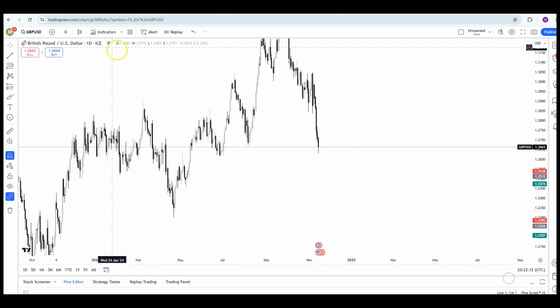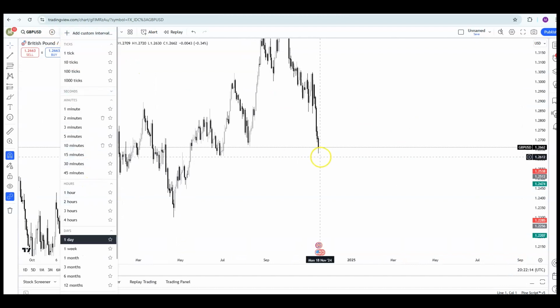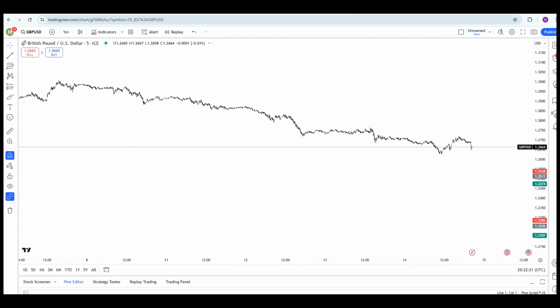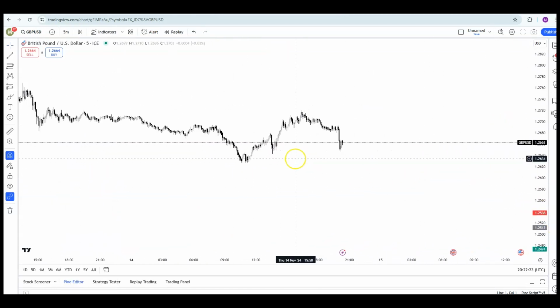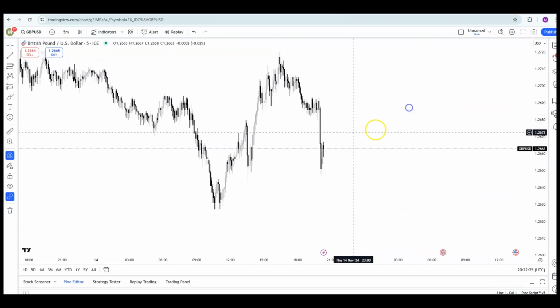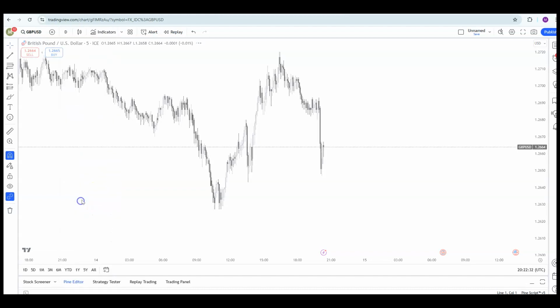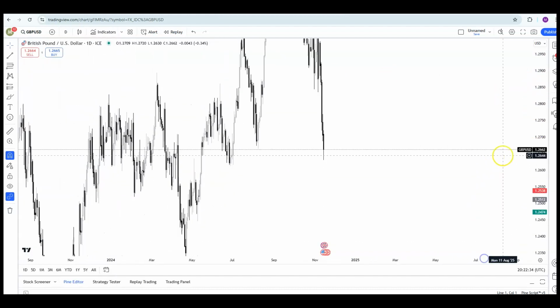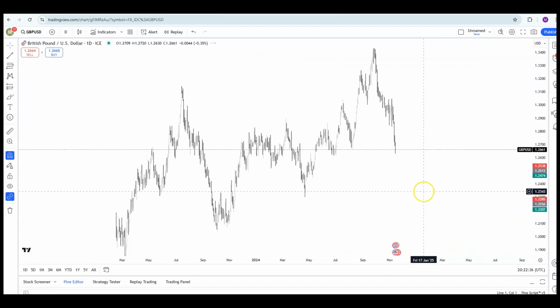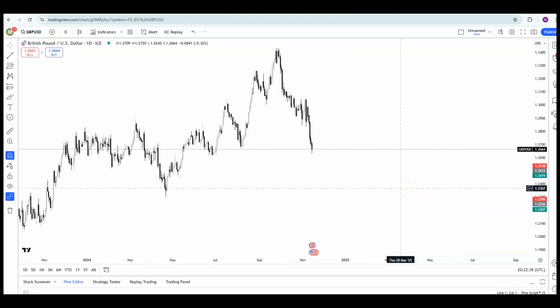chart. The main difference between swing and day trading is simply how long you're going to be holding your trades for. Day traders will be holding their trade within the day, and obviously with these smaller candles, you are catching trades that occur within one session in the day, possibly 2 days. However, swing traders, you're going to be taking some noise out of the charts, of course, but in turn, you're going to be waiting a bit longer for your trades to move towards their take